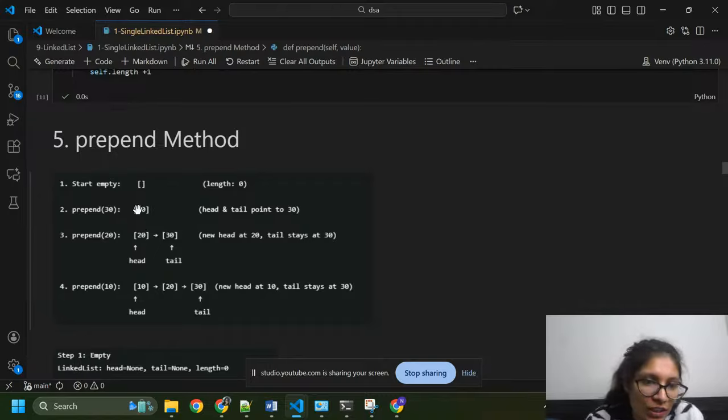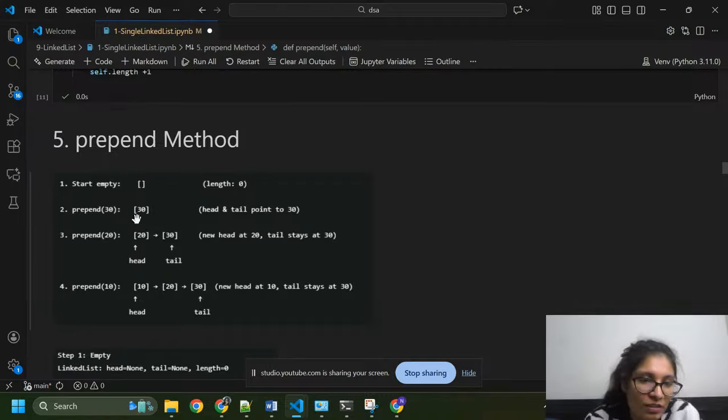So 30 stays tail and head becomes 20. New head is 20 and tail stays at 30. Again I'm going to add one element before 20, so head will become 10 and 30 stays tail. New head is 10 and tail stays at 30.